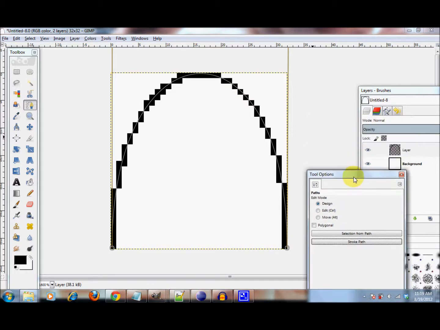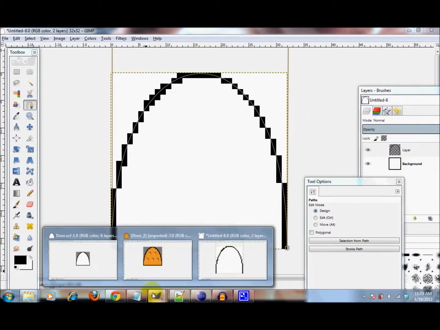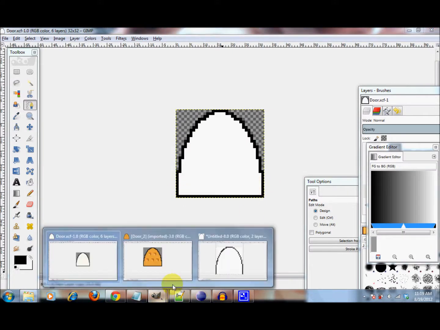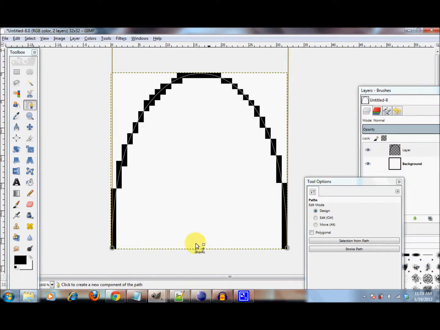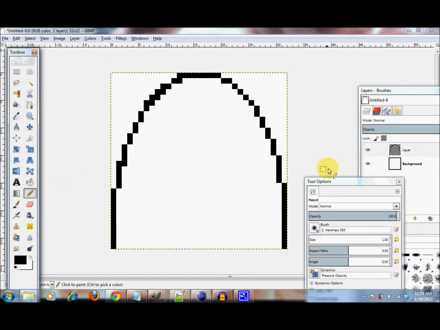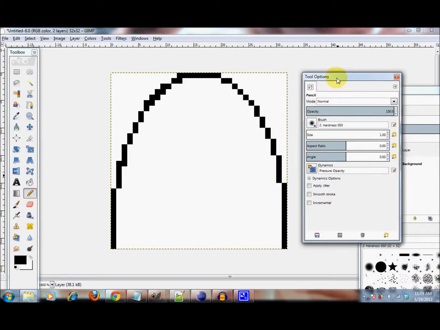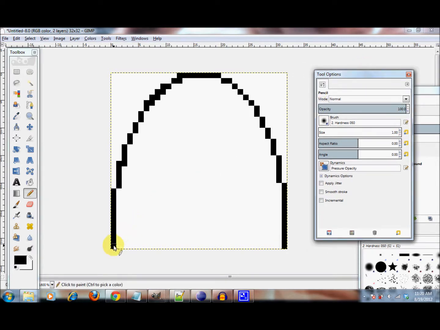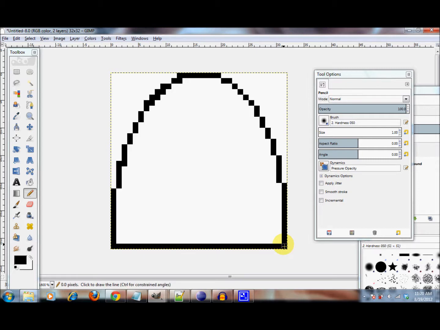However, if we look back at the original picture, we have this extra outline down here. We could also use the path tool to do it, but again, that would be a little bit overkill. So in this case, we're going to select the pencil tool, a new set of tool options, and for the size, once again, make sure it's 1 pixel, because you don't want that outline to be too big. So we're going to left click right there, hold Shift, and you see how we get this straight line at the bottom, and left click down there. And now we have our next